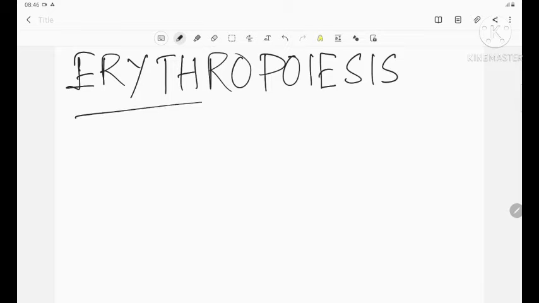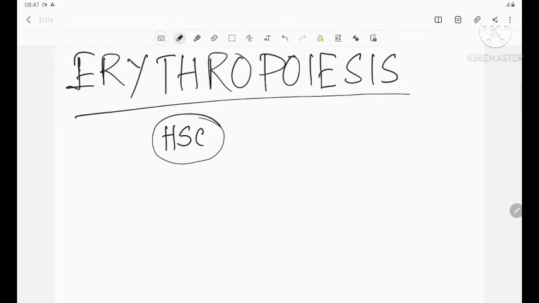So what is erythropoiesis? Erythropoiesis means red cell formation, how red cells are going to form. From the hematopoietic stem cell, how red cells are going to form, today I am going to discuss it. So, first of all, the hematopoietic stem cell. These stem cells are present in the bone marrow,